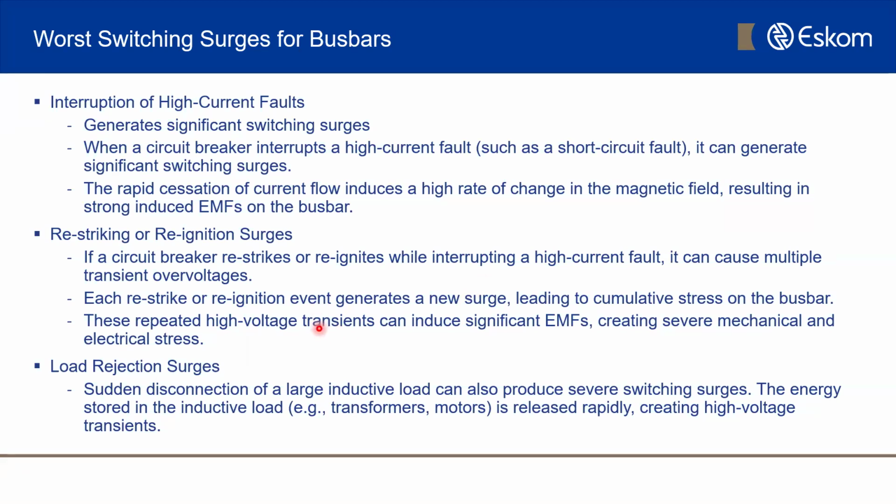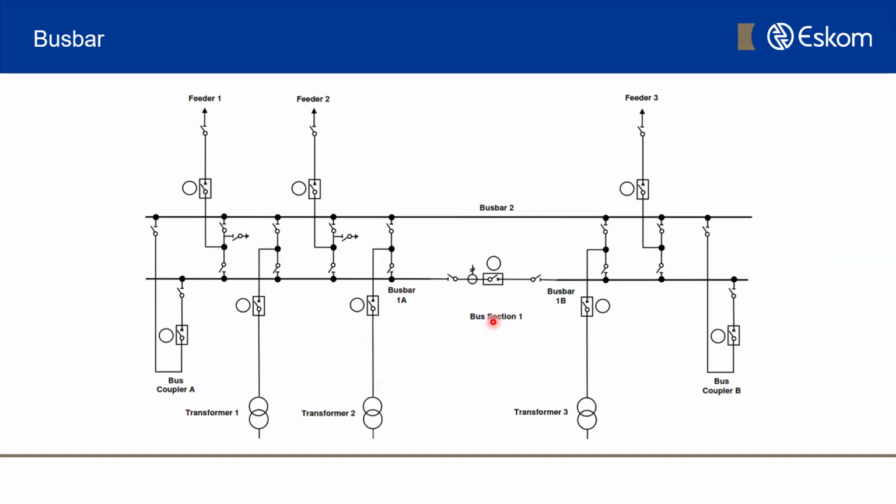So as we are going through the enhancement of technology, we try to use restriking and reignition surges more often, or rather circuit breakers which cause this. So it's something that we need to take into account when we are designing our structures for these types of circuit breakers. Okay, if we move over to the next slide, you will see the bus bar again, the